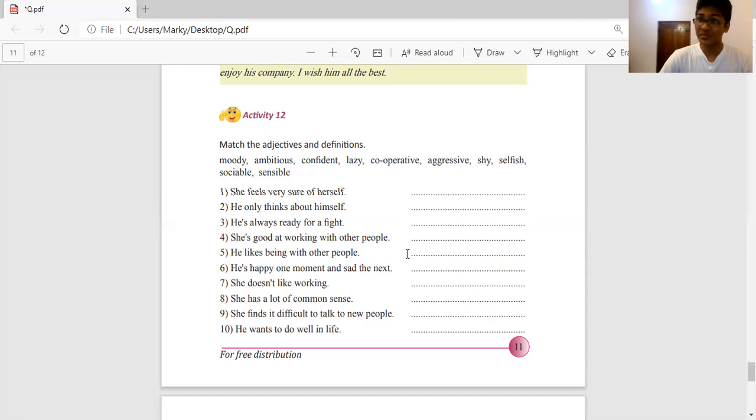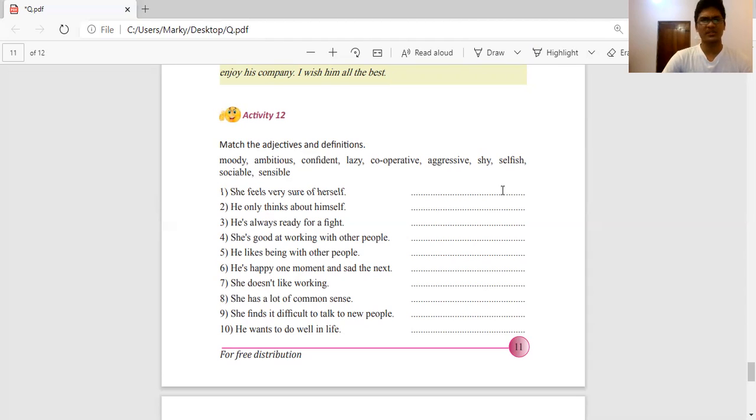She isn't absent-minded, clumsy, or careless. She has common sense, so she's sensible. She finds it difficult to talk to new people, so that's shy. Okay, so that's the opposite of being sociable. Shy. It's an introverted quality, and